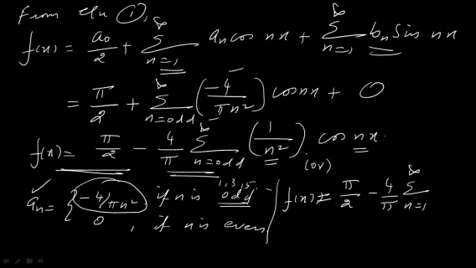That is what initially I told you. So you have to replace both these n by 2n minus 1 if the summation is for odd terms only. So if you replace n by 2n minus 1, what happens? 1 divided by 2n minus 1 whole square product cos of 2n minus 1 x. That's all.